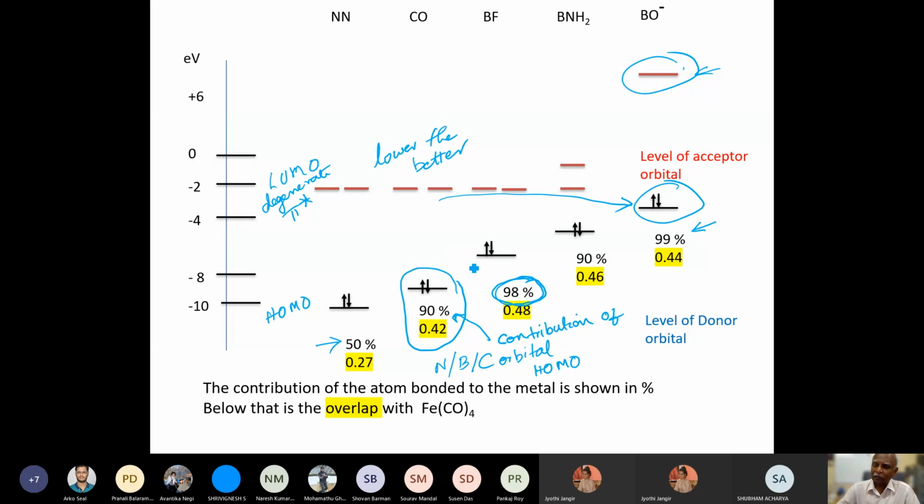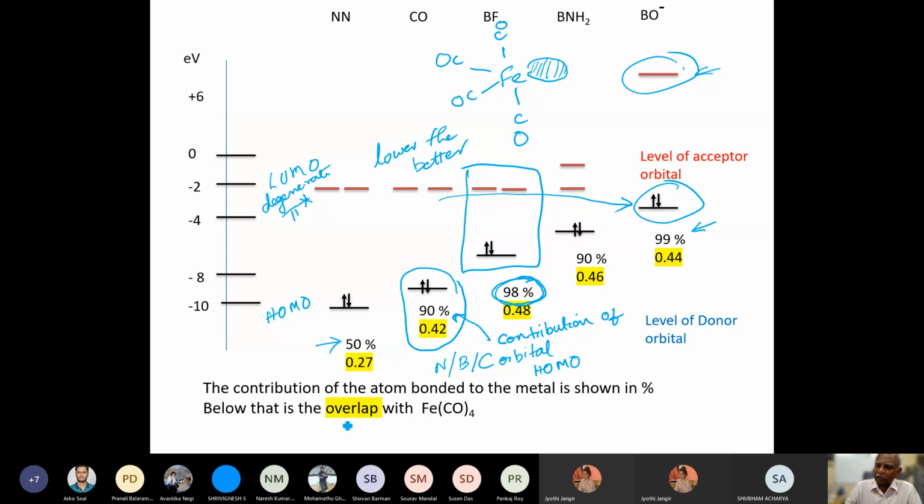So let me concentrate on BF. BF seems to be having an ideal set of orbitals for donation. And you'll also see the overlap, suppose I have a hypothetical species like FeCO4. If I have a metal compound, then if I had a CO, then I would have an acceptor orbital here, okay, and a pi donor orbital also. But let me draw only this. So this is the place where the ligand is going to come in, and they have looked at the overlap.